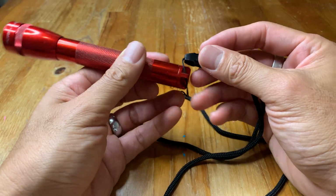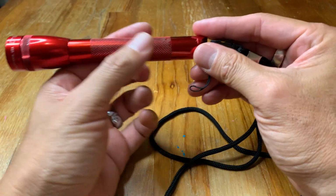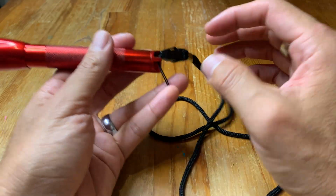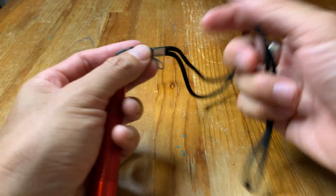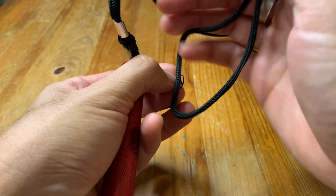And the last upgrade we're going to look at is the lanyard. I think this is a great thing to have because since the pocket clip doesn't work very well, it's great to have this around your neck so that it's easily accessible, but it also doesn't get in the way. So all you do is you slide the lanyard into this little hole. Since it's metal, it's going to hold up really well. You just loop it through, and you have a nice way to